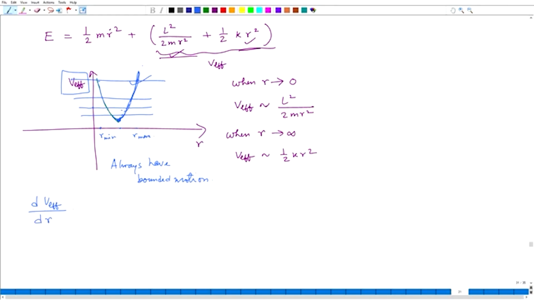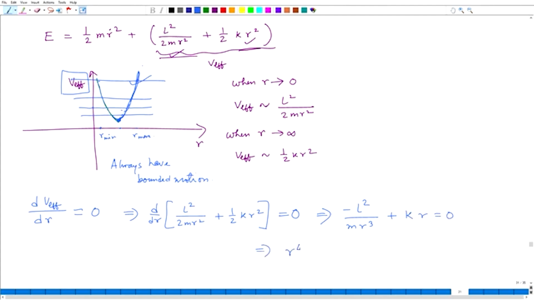So, dV effective by dr will be equal to 0, and if you do this derivative of L square by 2 m r square plus half k r square and set it equal to 0, you can actually take minus L square by m r cube plus k r is equal to 0,